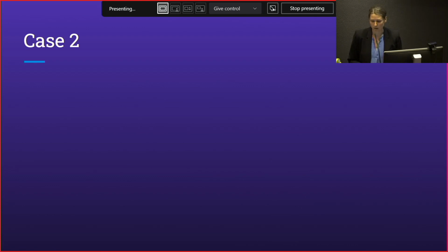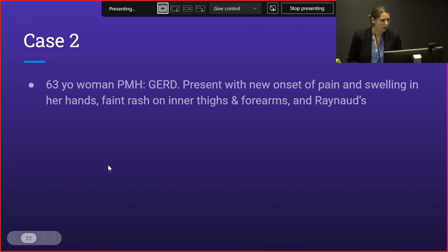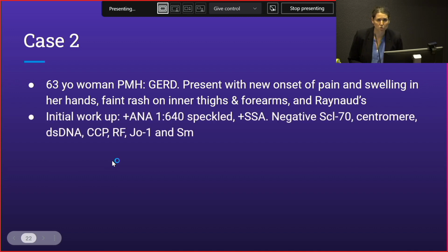All right, moving on to case number 2. So this is a 63-year-old woman with a past medical history of GERD. She's got new onset of pain and swelling in her hands, as well as a faint rash on her inner thighs, forearms, and Raynaud's symptoms. Initial workup reveals a positive ANA of 1 to 640, that's speckled, and positive SSA, but negative